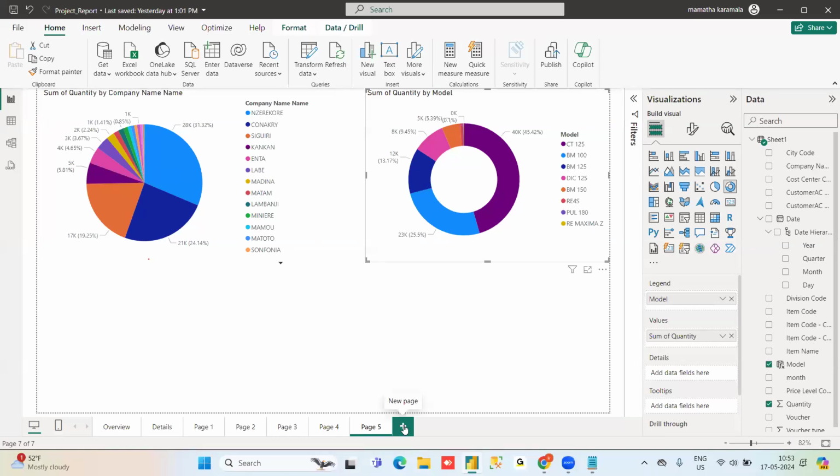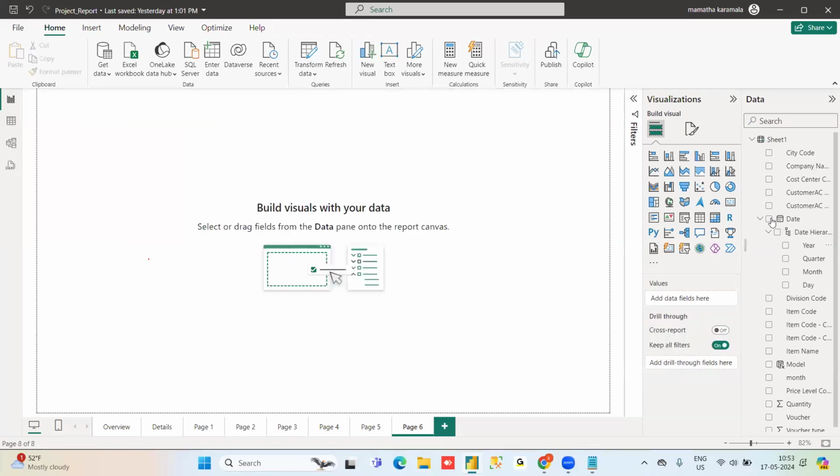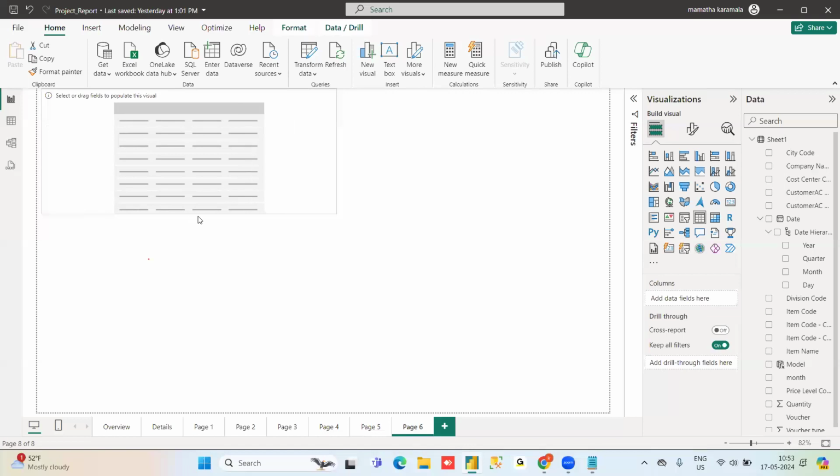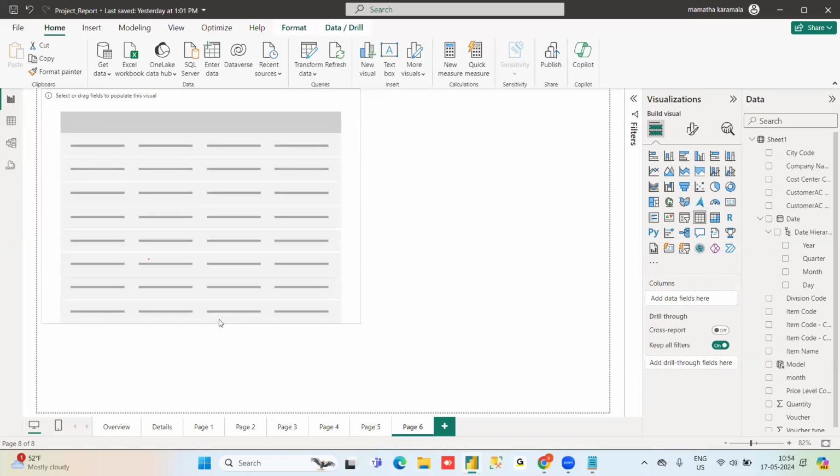If I go to another page, here I am taking one table visual. Try to observe what I am going to do. These are all concepts discussed in our previous classes, but what I am trying to tell here is a new concept.